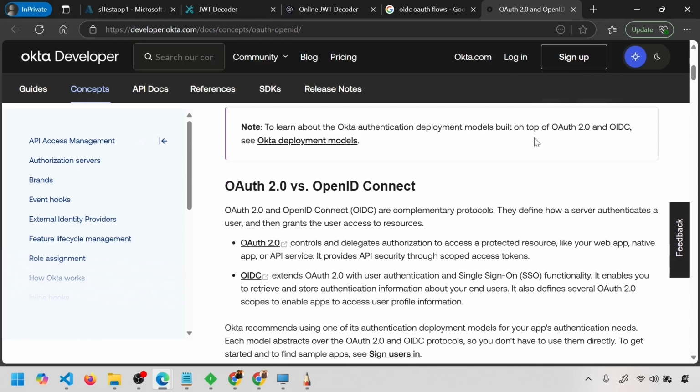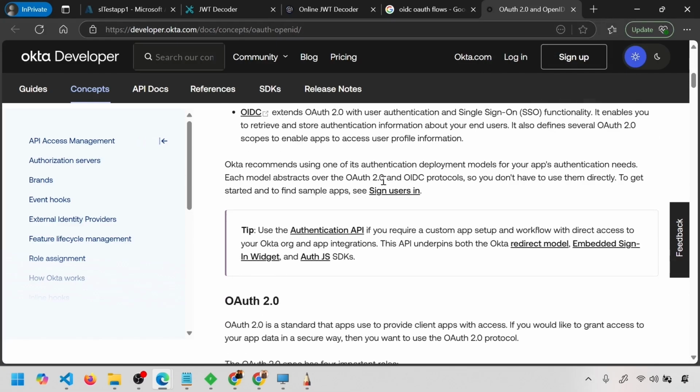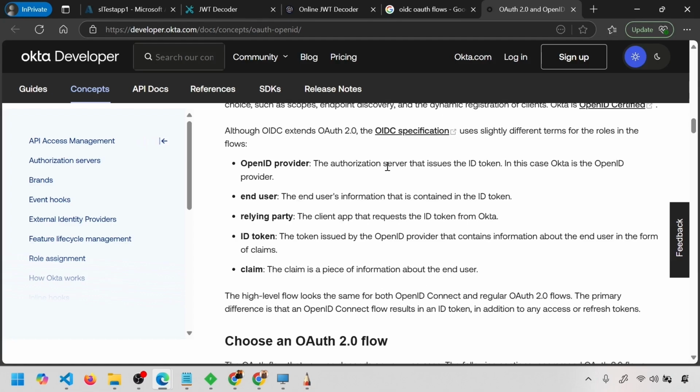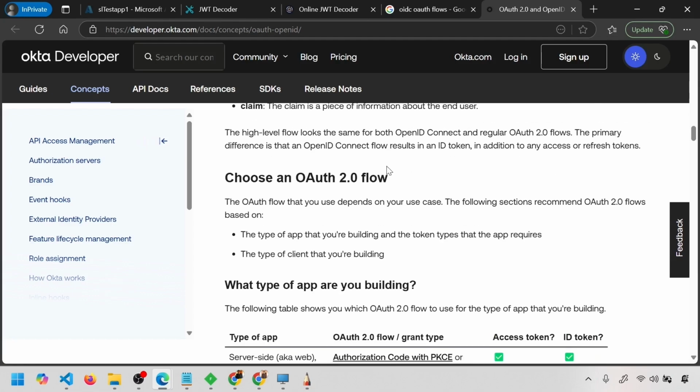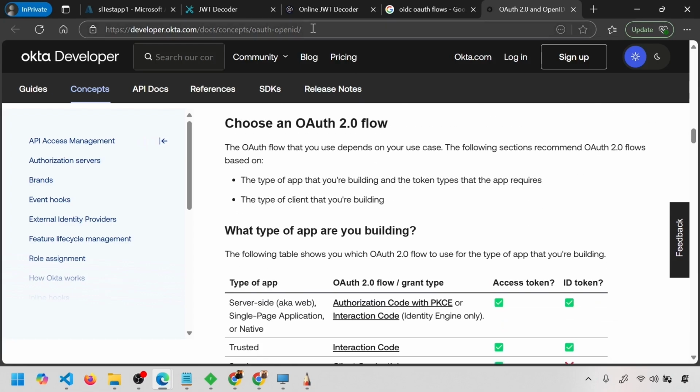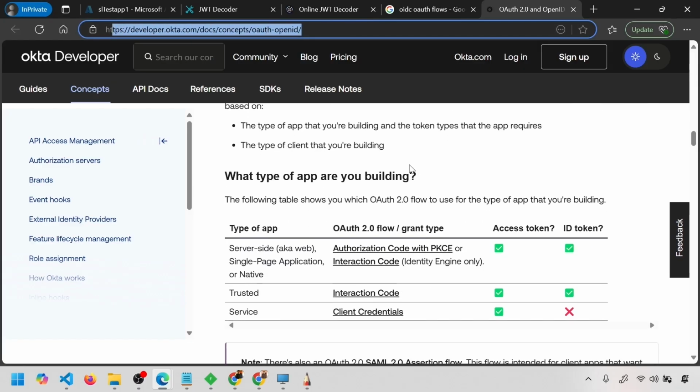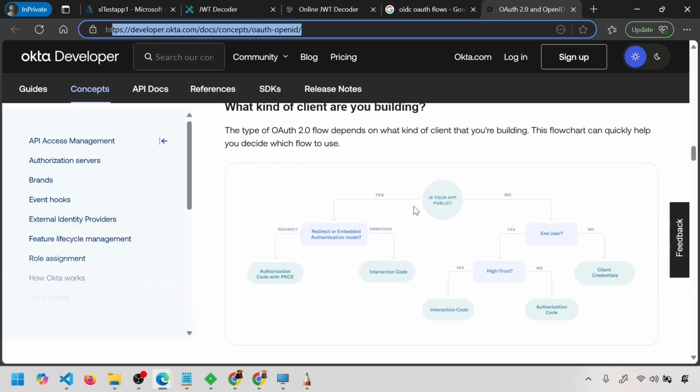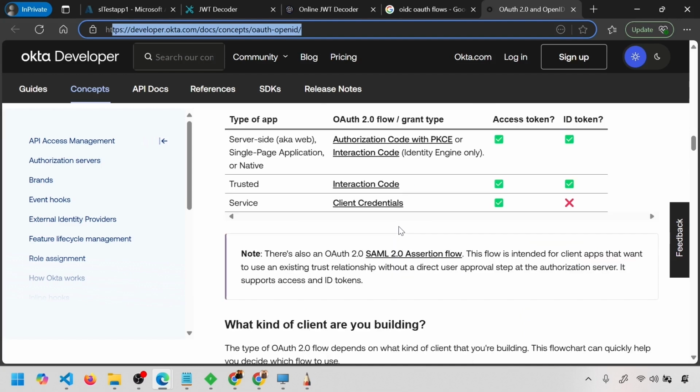As you can see, there are so many flows mentioned on this particular page. If you are curious about what we've been discussing, feel free to read through one of these pages. Different jargon and different details have been provided. Probably it's worth its own training. Different flows are supported, as you can see here.